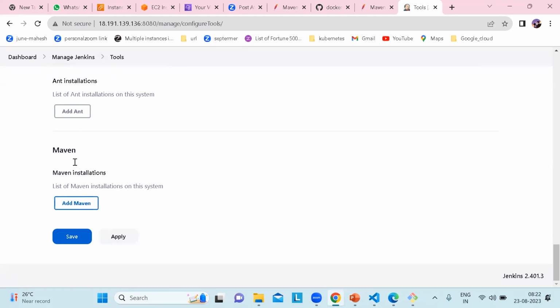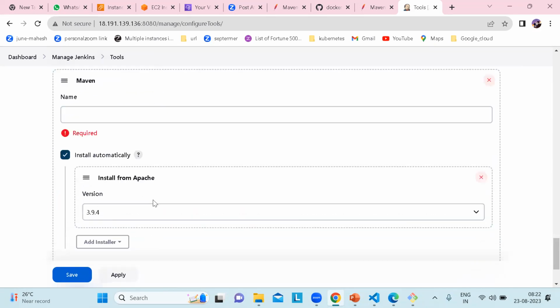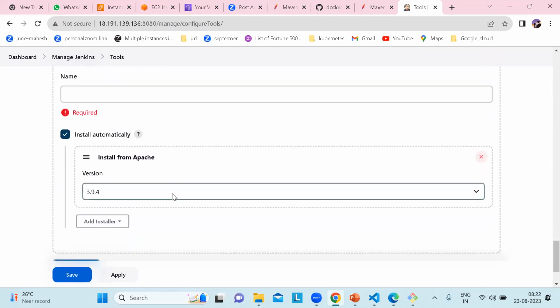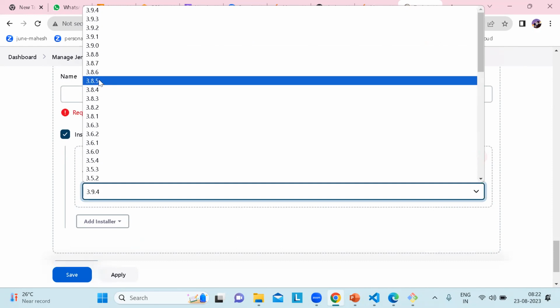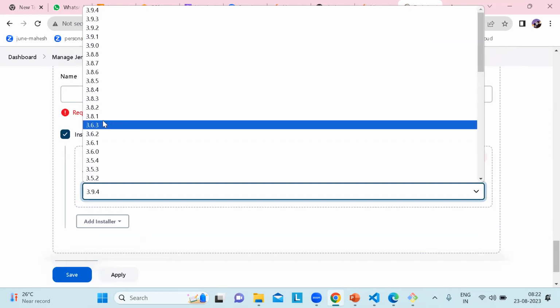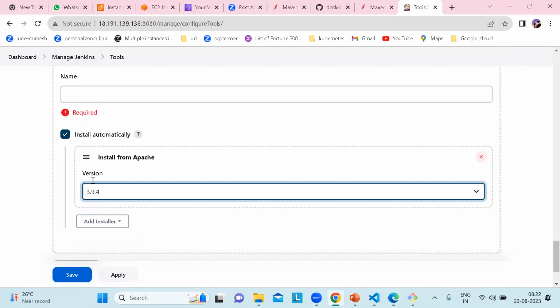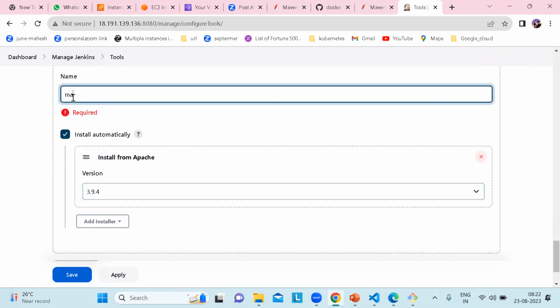I will go to install Maven, add Maven. Here, so many Maven versions are there, like 3.8.6, 3.8.5, 3.8.4. The latest version is 3.9.4. While installing Maven, you have to mention the Maven version here. You have to select install automatically. Then you can mention the Maven